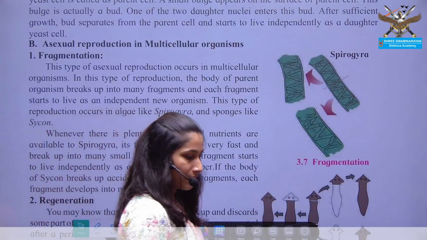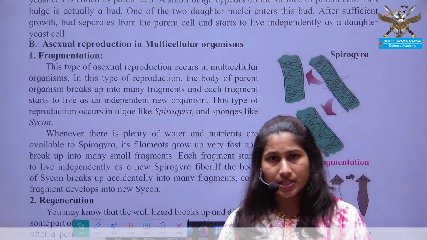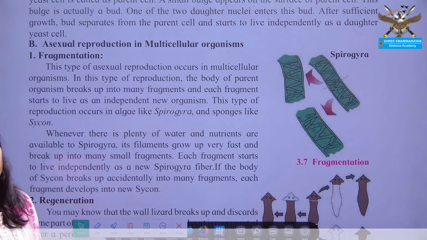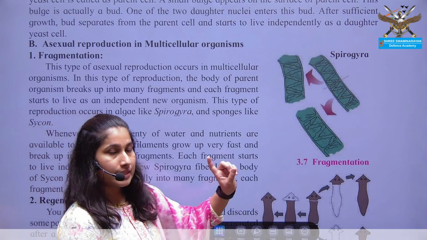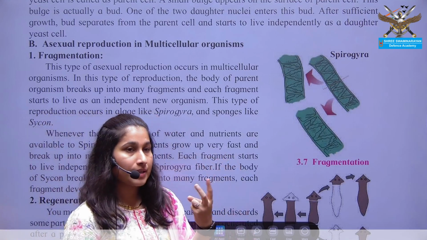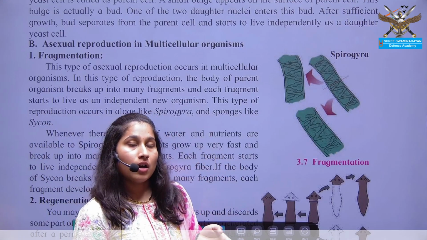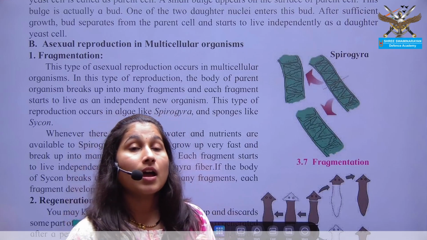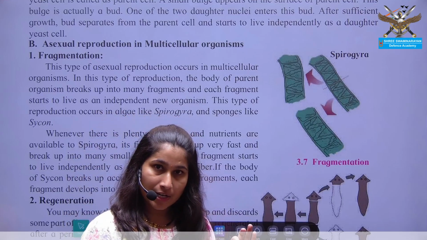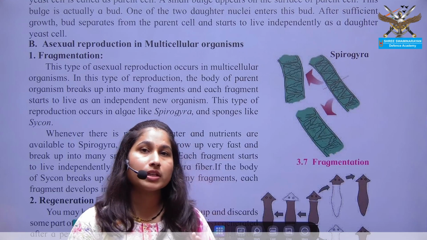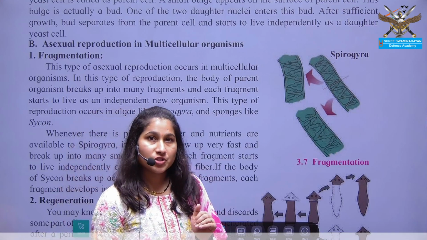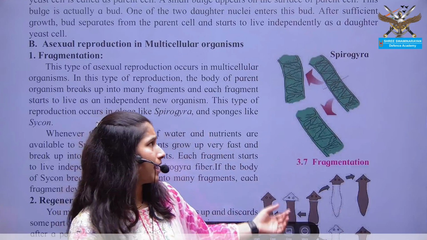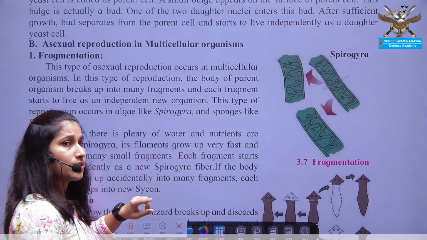Till now we have discussed asexual reproduction in unicellular eukaryotic organisms. The first example we discussed was the amoeba, with simple binary fission and separation of nuclear material. Second, horizontal fission, which you also call transverse binary fission, in paramecium. Then we discussed longitudinal binary fission in euglena. Then we discussed the budding process in yeast, which is a unicellular fungus.